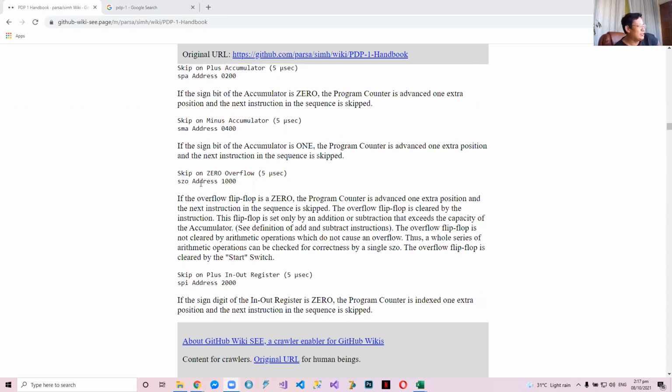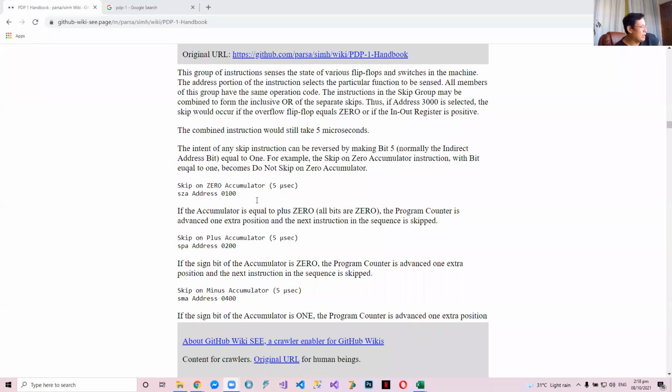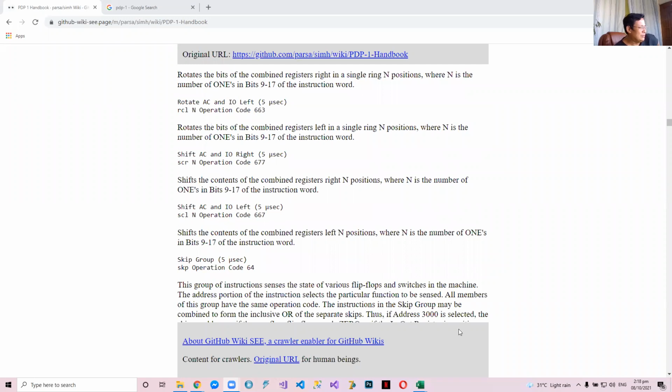Zero overflow, if during a division there's no remainder, no? Or during an addition or subtraction there's no overflow on the last bit. We will discuss overflows in the future, no? Okay. So the most important thing is it has both the equivalent of CF and jump plus. So we don't have a problem of looping. Do you follow? No? Okay, any questions so far?